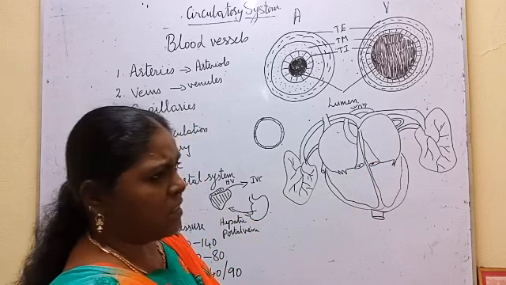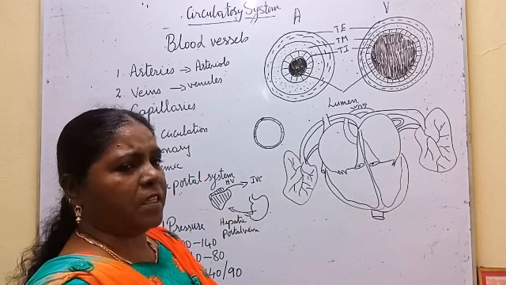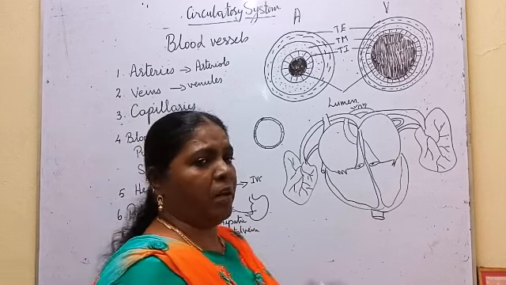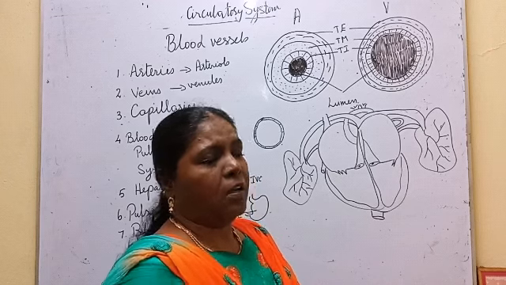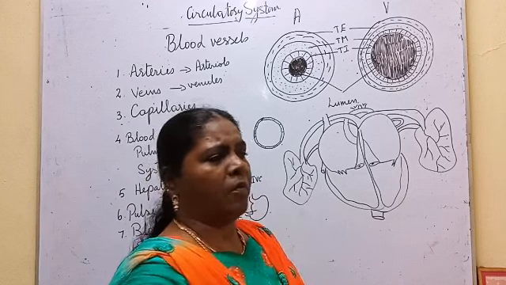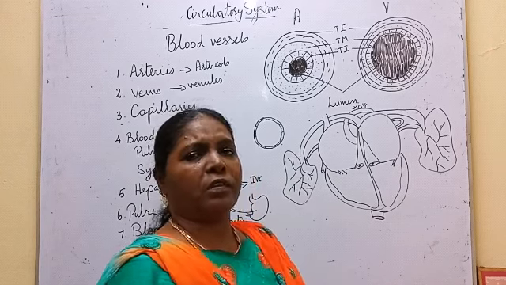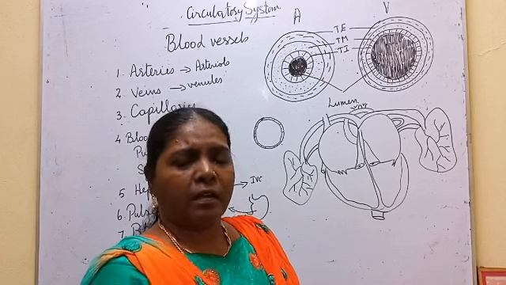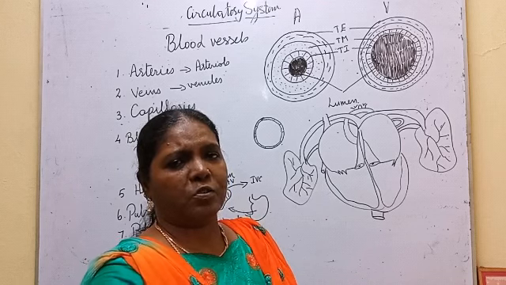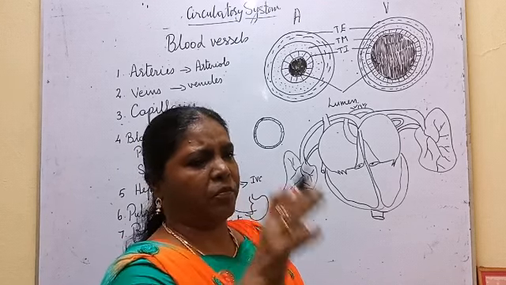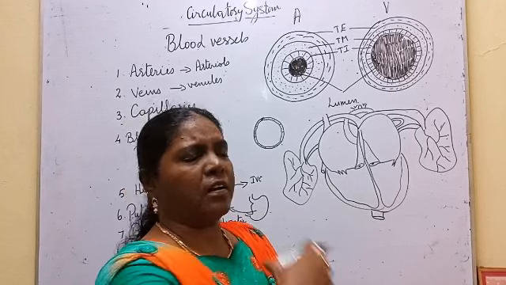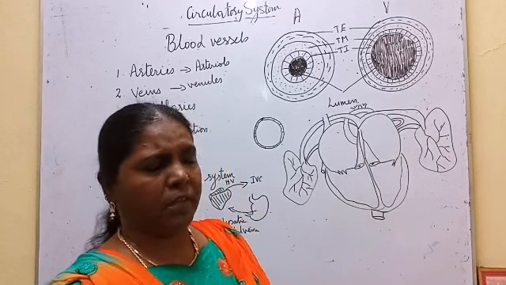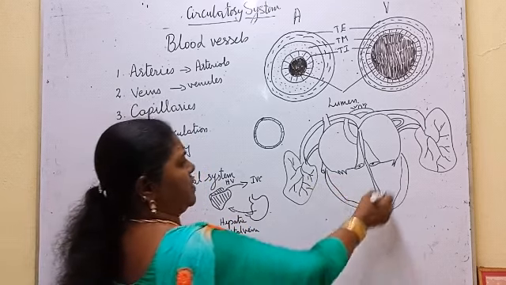Now we are going to see how the circulation happens. We have only 4 to 5 liters of blood in our body, so the same blood is circulating. On the way, it distributes nutrients, oxygen and hormones and collects carbon dioxide. The same blood is circulated from the different parts to the heart, heart to lungs, lungs to heart, and again from the heart to the different parts. So the heart is a central organ.